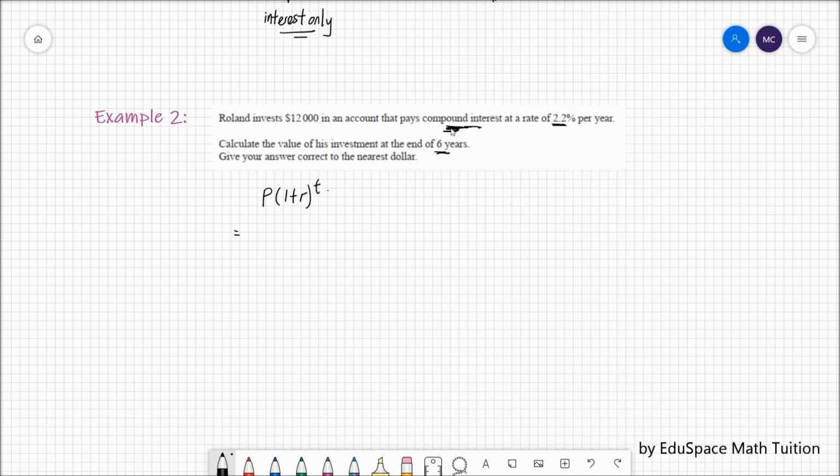Again, we just have to substitute the proper values for the respective unknowns. P is our principal amount, which is 12,000, so we are going to put in 12,000 for the P, and then 1 plus our R value, which is 2.2%. If I convert it into a decimal, it will be 0.022. And then to the power of time, we are going to invest this for 6 years, so T equals 6. Let me simplify this first. I will be getting 1.022 to the power 6. If I press the calculator, I should be getting the value of